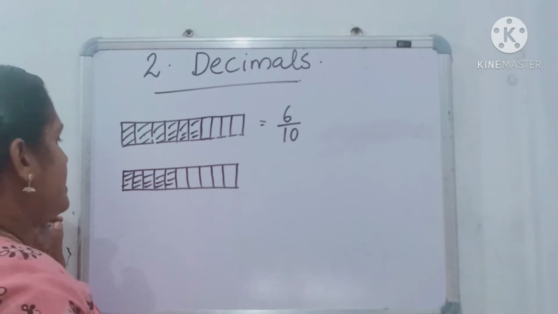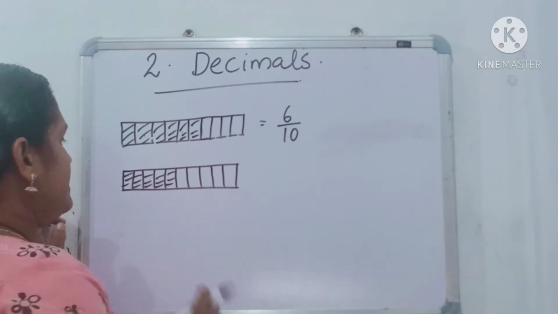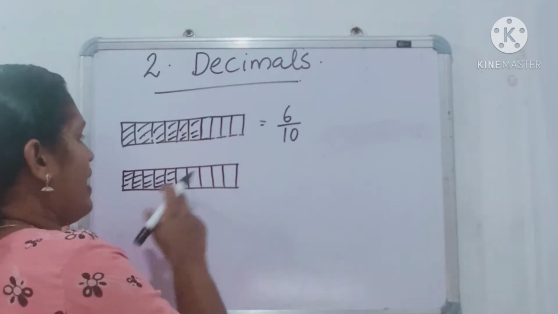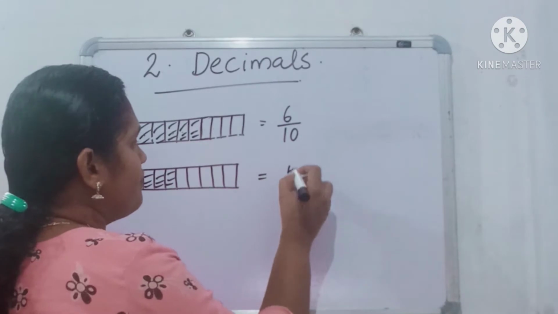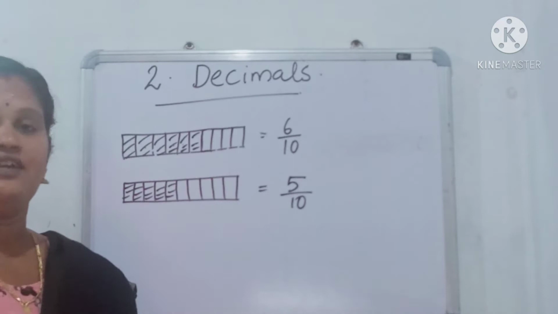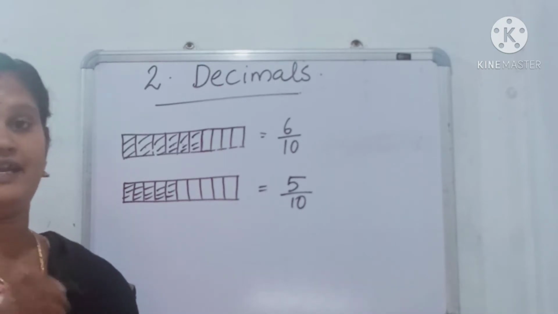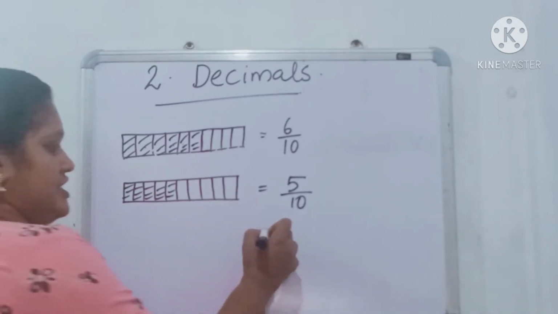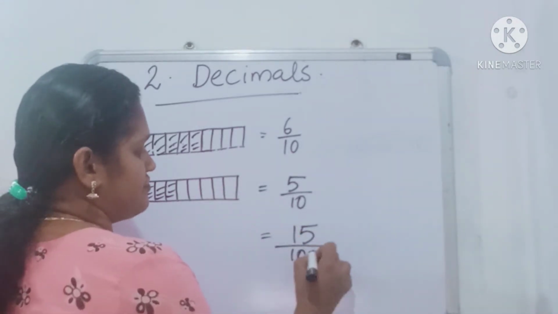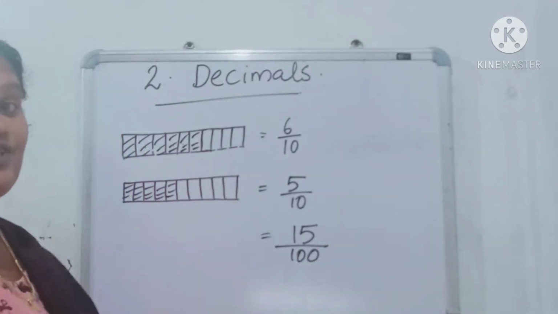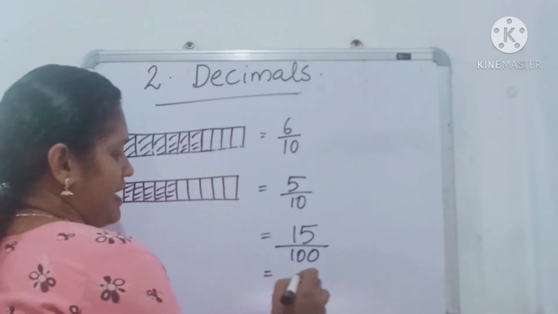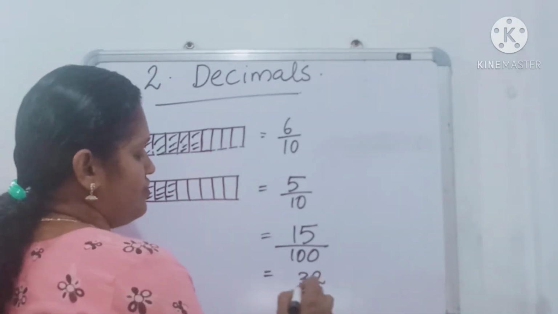Okay. Then in the second, how many parts are shaded here? 1, 2, 3, 4, 5. 5 parts out of 10 are shaded. Clear? Next. Then 15 parts out of 100 are shaded. The fraction is 15 by 100. Okay. Next, 32 parts out of 1000 are shaded. The fraction is 32 by